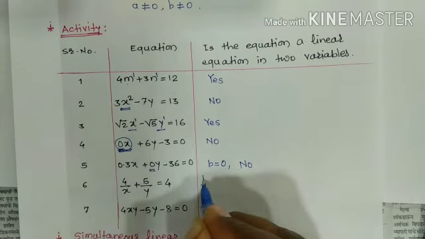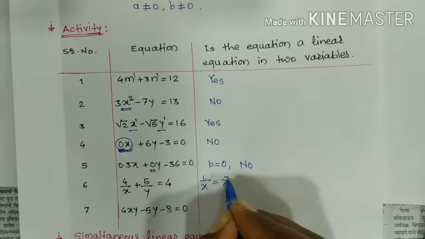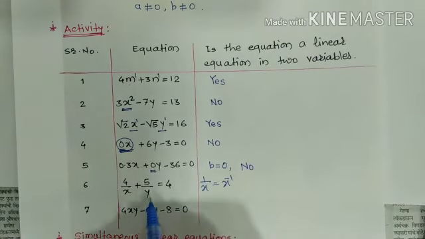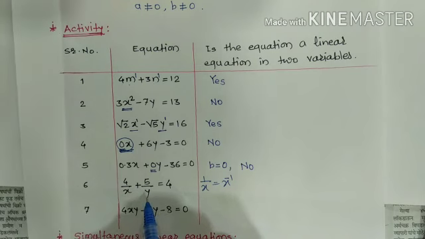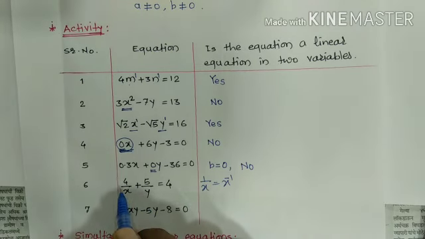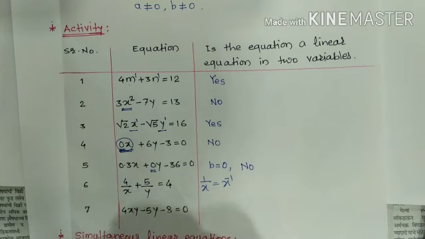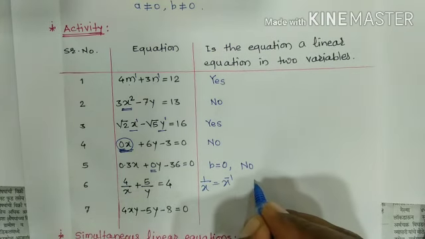That is 1 upon x equals x raised to minus 1. Similarly, the index of the variable y is minus 1. So this is not a linear equation in two variables. Also, we can simplify these equations by multiplying each term by xy, and we get the equation